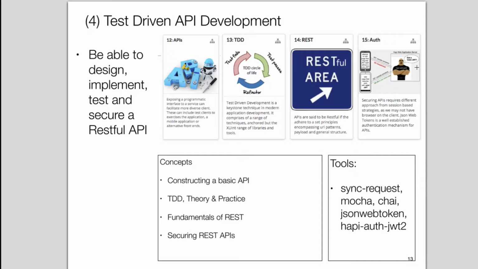Test-driven development is critical to modern application development of all styles, and we will be reviewing the basic principles of TDD, as well as then exposing the work we'll have done to date as an API and making that API testable, and indeed writing those tests. We'll also be wandering into the world of JSON web tokens and securing APIs to ensure we've got a robust implementation. This will conclude the block for my tour in Regensburg.